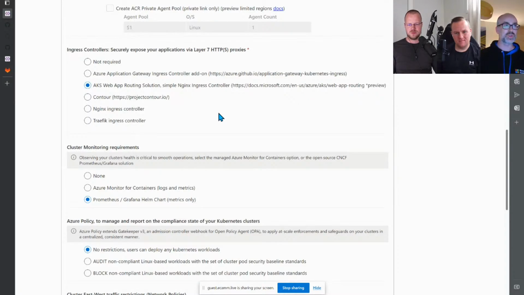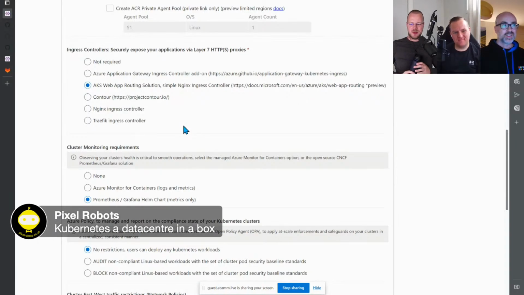My background's software engineering, and Kubernetes itself is way more infrastructure than I thought I'd ever get. But it's for apps. It's for apps, but it's kind of like a data center in a construct. Yeah, Kubernetes is a data center in a box. Yeah, I completely agree.